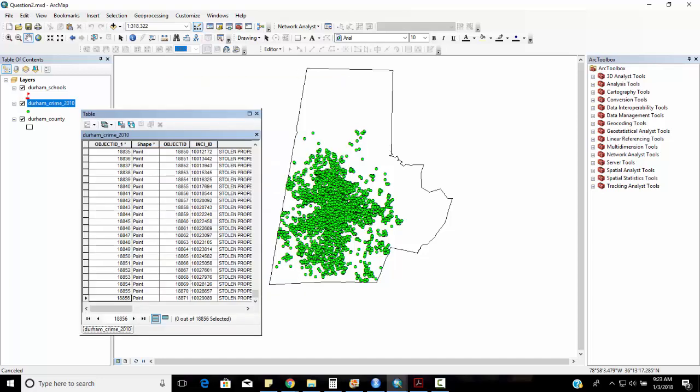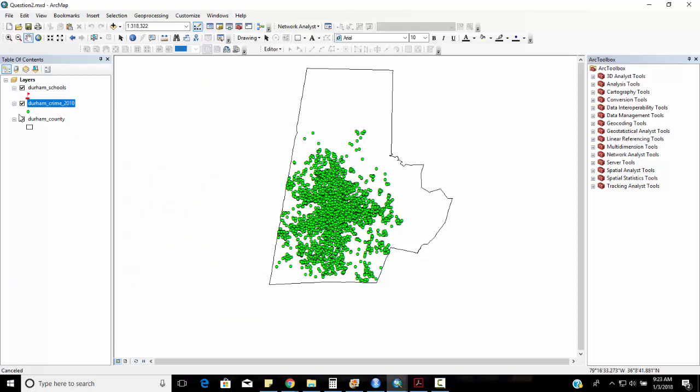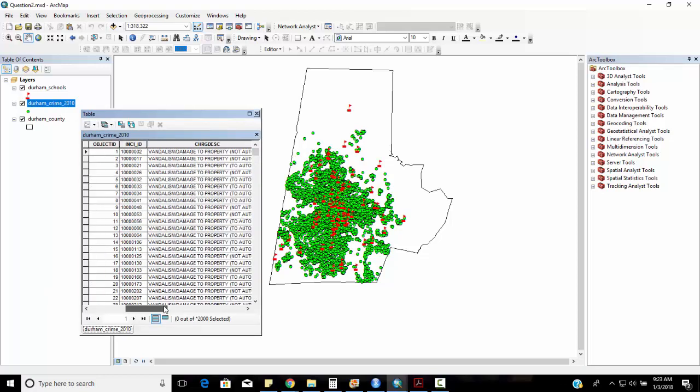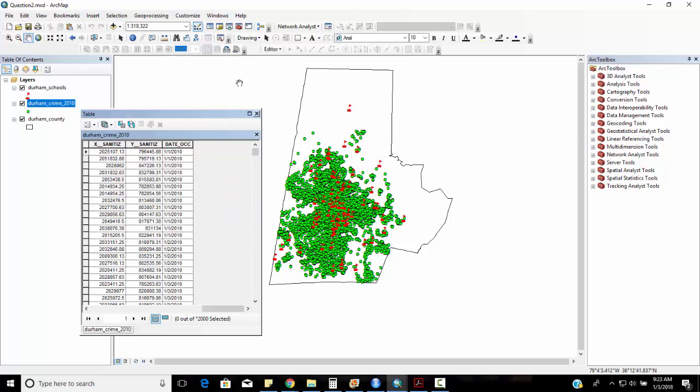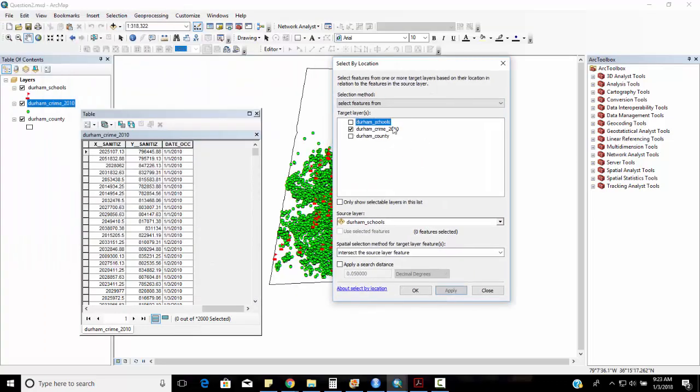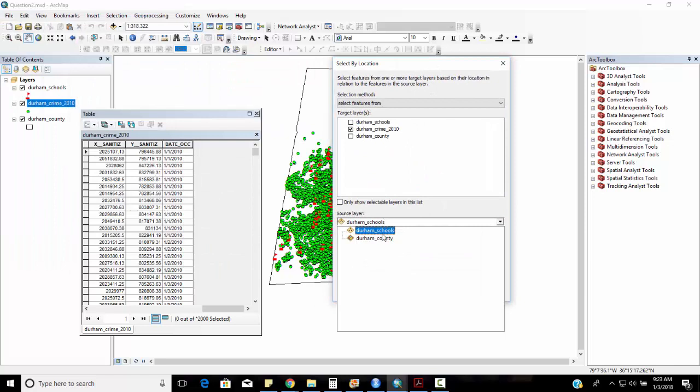B, how many crimes occurred within a quarter mile of Fayetteville Street Elementary? Now, right mouse click, you can see here there's no attributes for my crime layer that tells me the distance from the school. So this would be an example of where I would use the select by location. So I go to selection, select by location. So I want to find all crimes in relation to schools